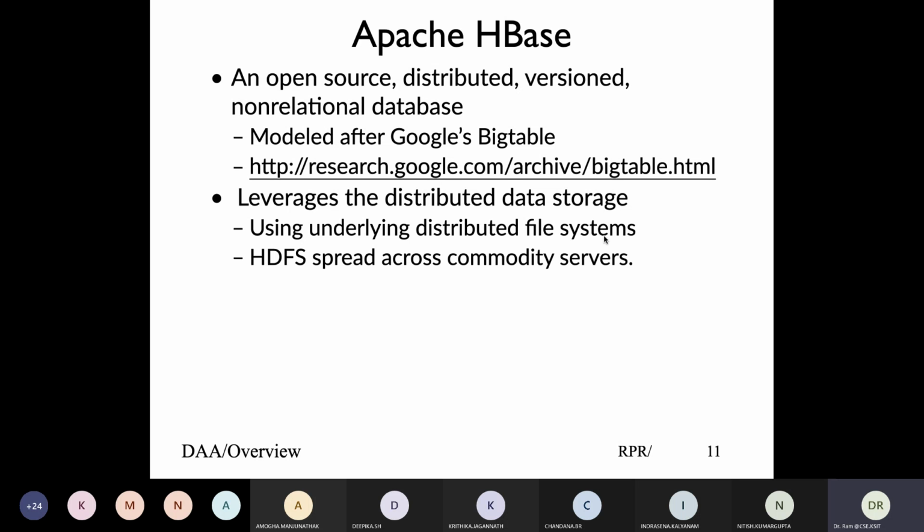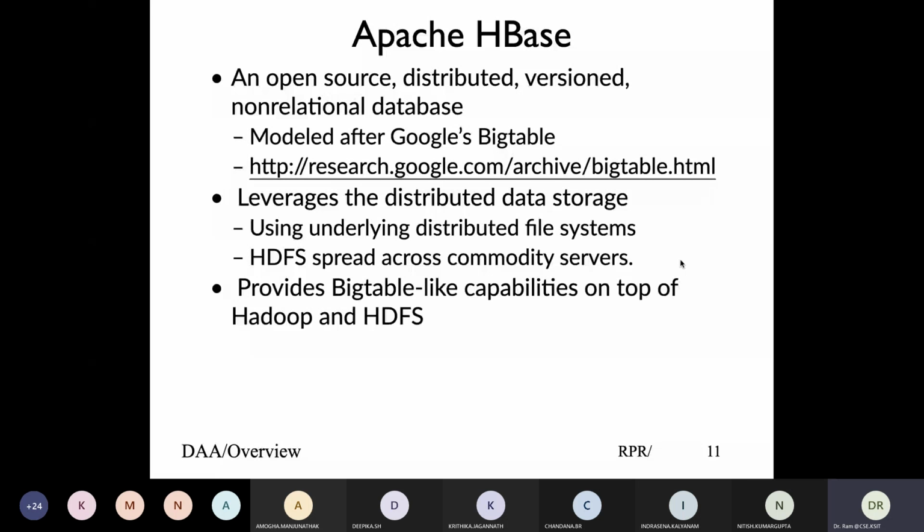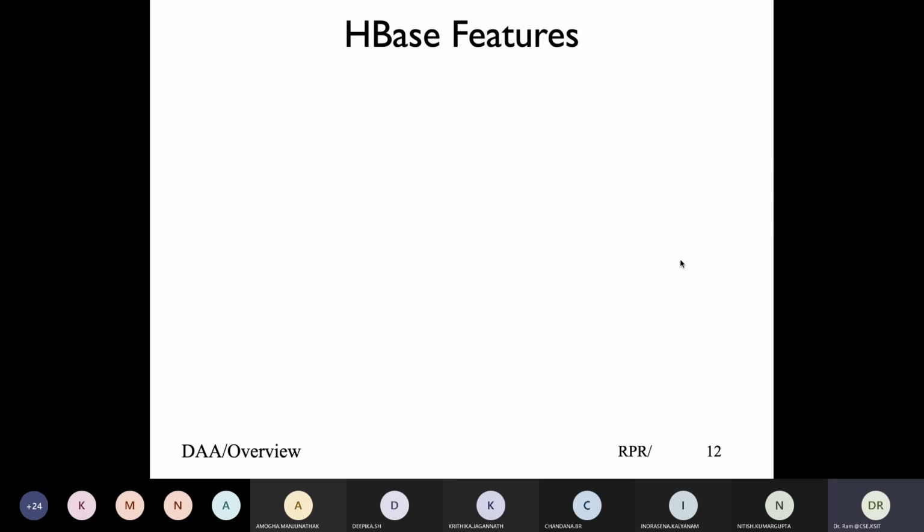HBase can seamlessly leverage this HDFS file system, which lies across servers. So all the distribution and consistency can be taken care of by HDFS, and all HBase needs to do is manage the data following its own basic syntax. The HBase syntax doesn't follow SQL. It has its own syntax, which you need to know, and you get all kinds of capability.